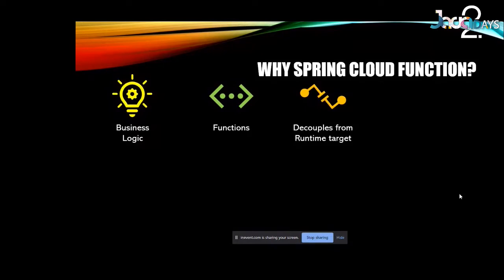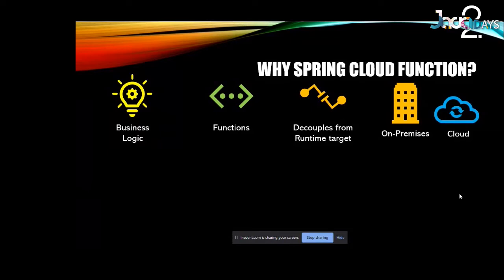Many things change. But when we make it with the help of Spring Cloud Function, your application is completely decoupled from the runtime target, because for this you just need to add one dependency in your pom.xml. No big change in your application. Your application can still remain the same only. So we say it is completely decoupled from the runtime target. And not only that we are going to run it on serverless, we can still run it on our on-premises normal servers. There also it will still work fine.